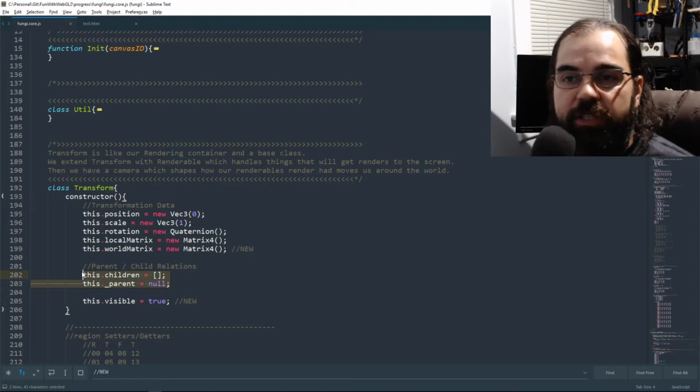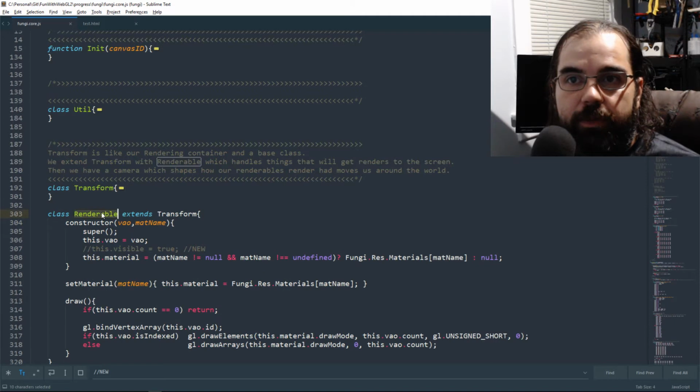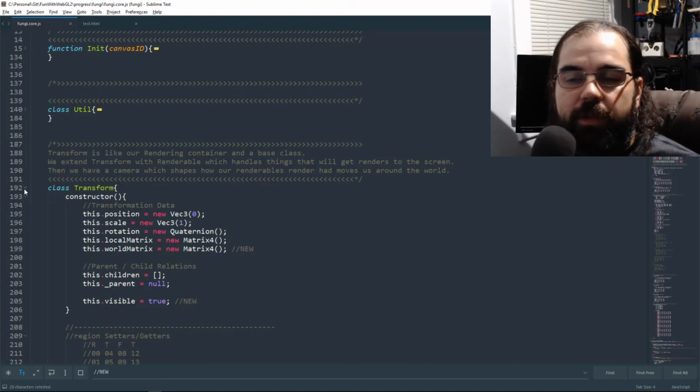We had no functionality. It was kind of just placeholders. Another thing I'm doing is I'm moving visible to transform. Visible is actually part of our renderable. I'm taking it out of renderable and putting it in transform. Now you might be asking, why am I doing that? Because